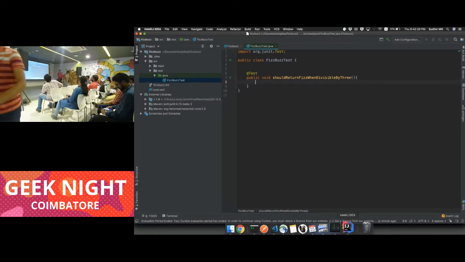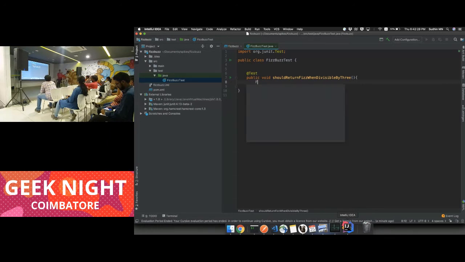So let's start writing our test. We will write enough test to cover this scenario. We will not cover any other scenario in this test. So this is our class FizzBuzz. FizzBuzz.solve.